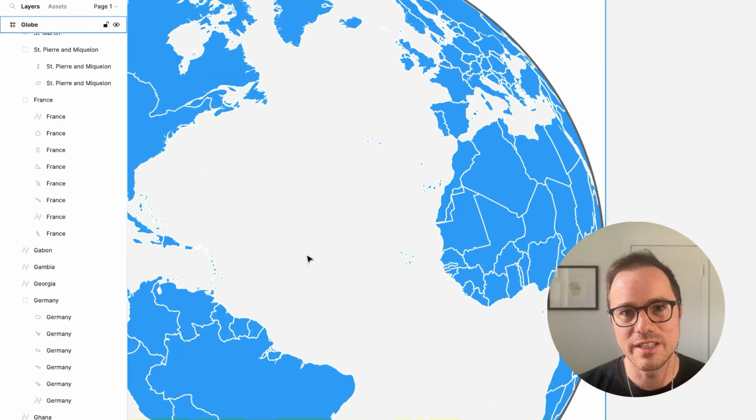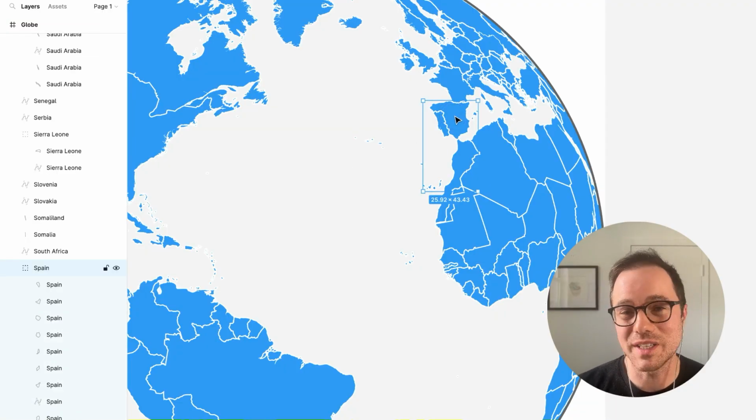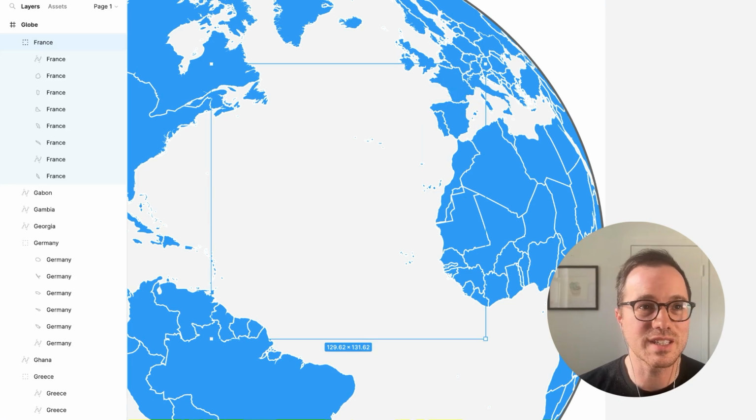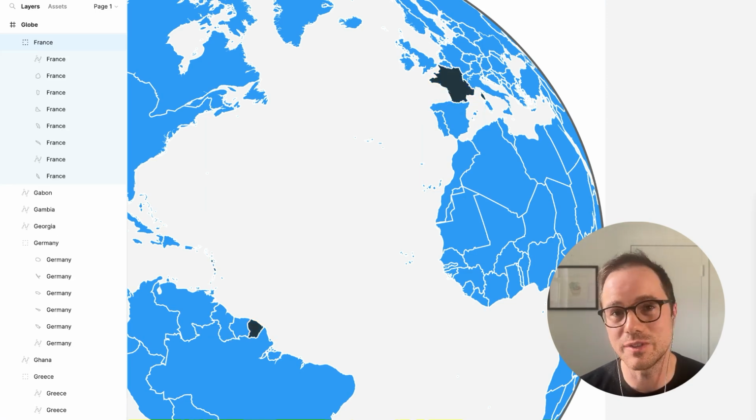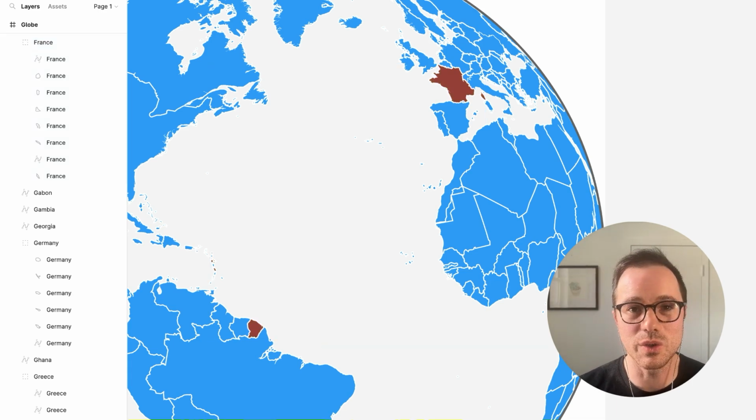So a lot of countries in the world, they have islands or little disconnected bits of land. And previously, these were all created as one polygon. And this made it a little bit confusing if you were to select a country and it would style all of the islands and little disconnected bits of land that country either owns or has as colonies or former colonies